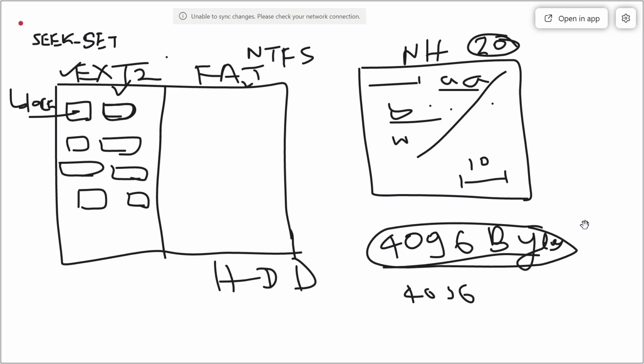However, this is not a universal truth, because that depends upon the block size of the hard disk, and the block size depends upon the file system, meaning which file system your hard disk is formatted with. An unformatted hard disk, you may say, has no blocks. So what I mean to say is that your hard disk is divided into different blocks, and if you need to store something, you have to occupy some block, and in that block you are going to keep the data.